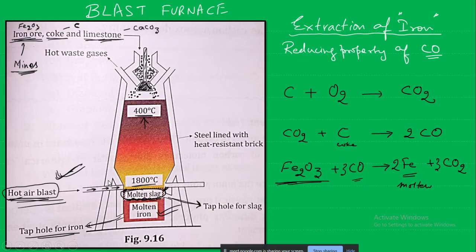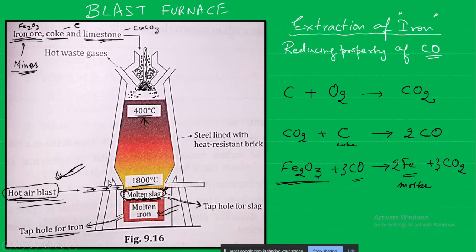Sometimes, like when we are cooking, we use an open flame or we burn coal. Here, instead of doing that, because you are collecting the iron down below, you cannot put a fire in the bottom. We cannot put a burner or flame down there and burn this iron ore, because we have to collect the molten iron in the bottom itself. So the blast furnace design is used so that you can start heating somewhere in the middle. Hot air blast will be given instead of a direct flame.